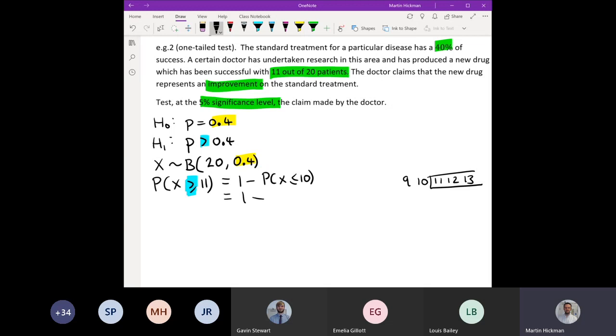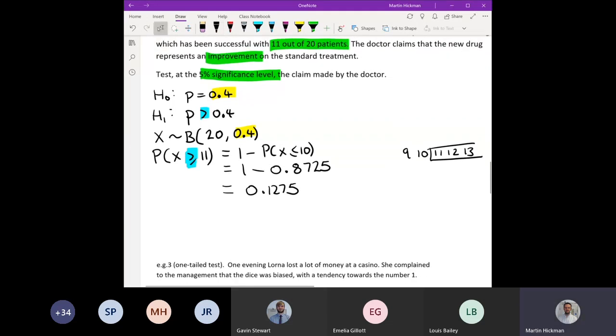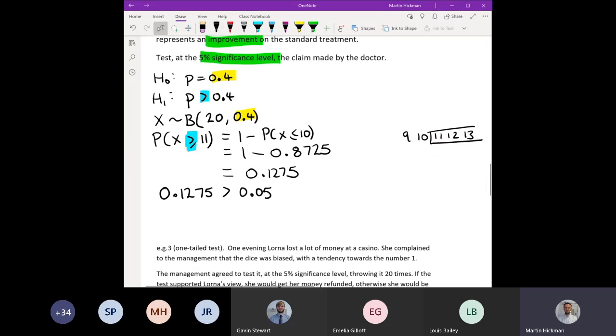So work that out on your calculator. Get 0.8725, and then do 1 minus that, and we get 0.1275. So then we compare that with our significance level. This is greater than 5%. So whilst 12.75% is something, it's not unlikely enough to reject the null hypothesis. So what we do here is we accept H0